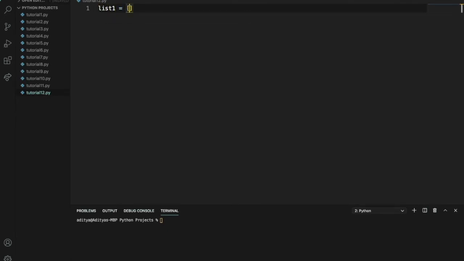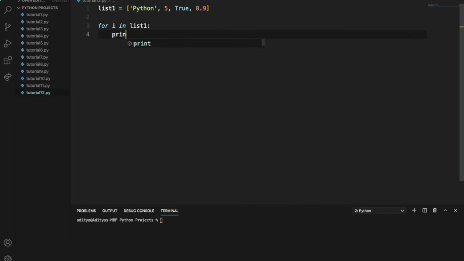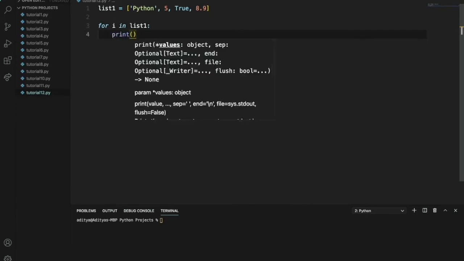And we can say list 1 is equal to, and you can put whatever you want. You can just say Python, comma, 5. You can say true, and then we can say 8.9. Now we have to create a for loop to iterate through list 1. So we can say for I in, and then we have to put our list here. So list 1, and we can put a colon,